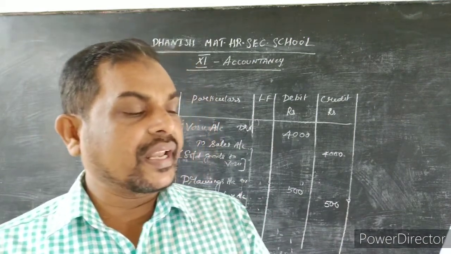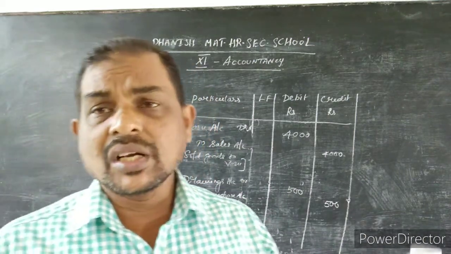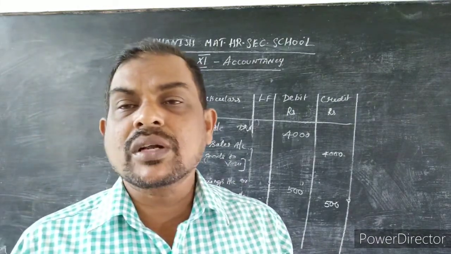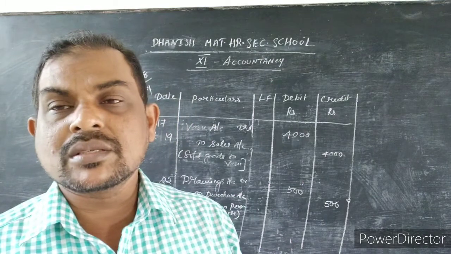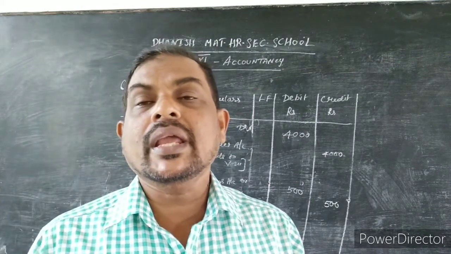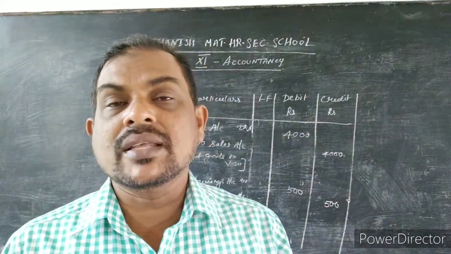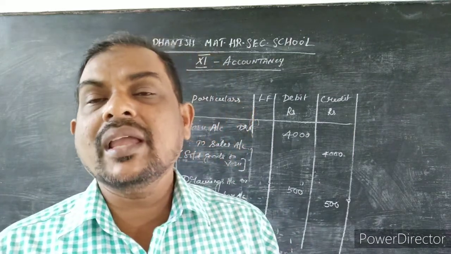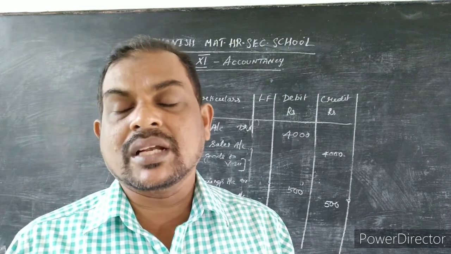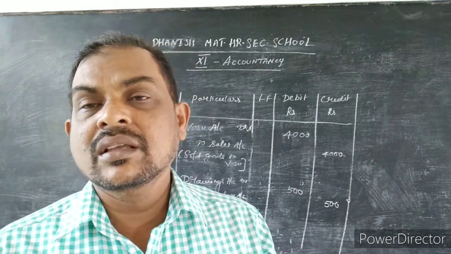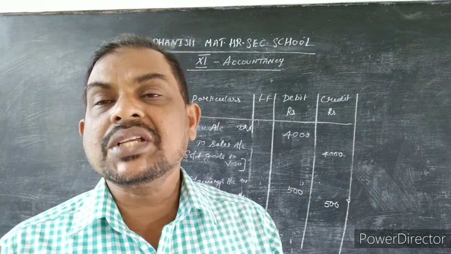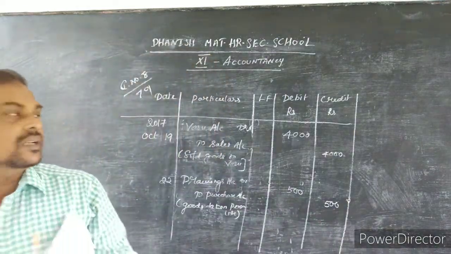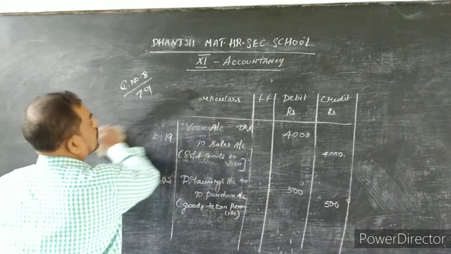Goods worth rupees 500 taken for personal use. Drawings will be the 8th account. The purchase account is already numbered, so you don't need to put the number again, you just complete it. So totally 8 ledgers have come for this sum. Now we have to prepare, one by one, based on the transactions, that is the journal entries, the ledger accounts. What is the first ledger account? Cash account is the first ledger. So we have to put the ledger account.